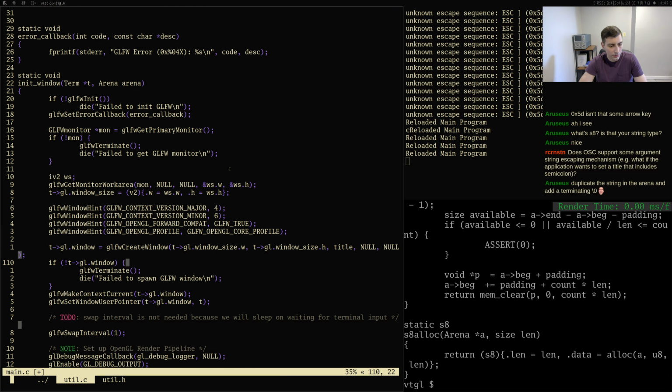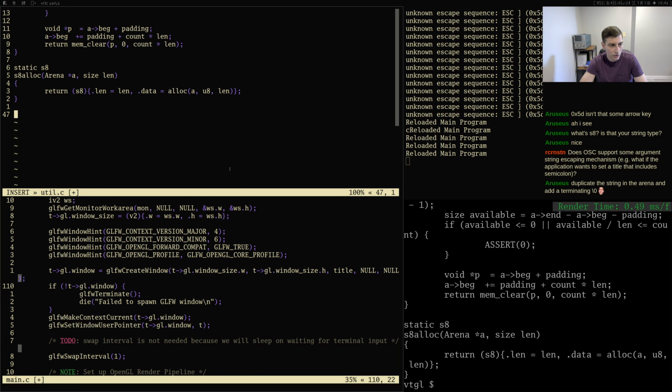we're gonna have a utility function, S8 to C str, and it's going to take an arena pointer, and it's going to take an S8, and we're gonna do s.len + 1, and then